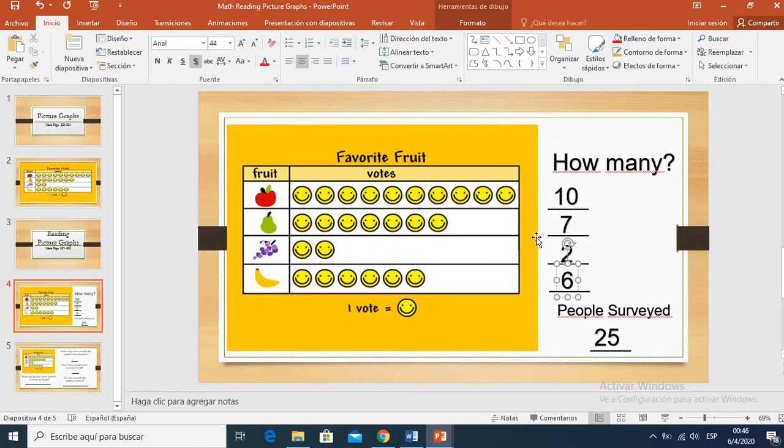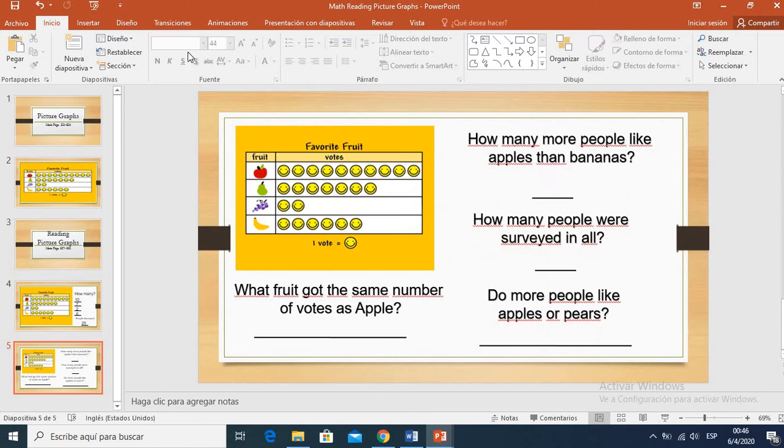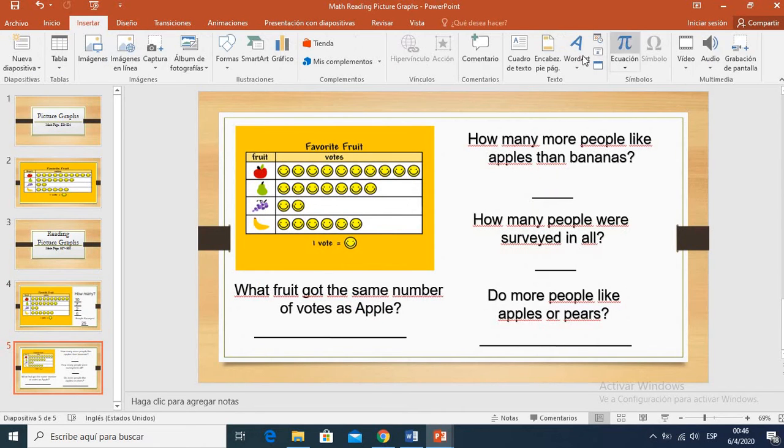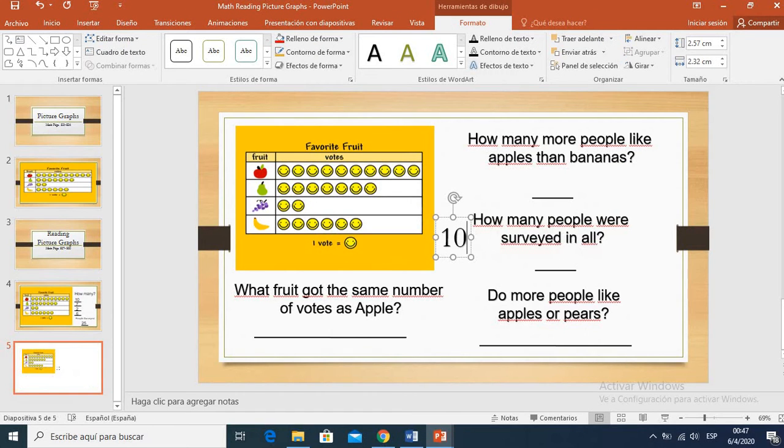Yes, I can make a subtraction. So here I'm going to write 10 people that like apples minus 6 people that like bananas. 1, 2, 3, 4, 5, 6. 6 people like bananas. So 10 minus 6